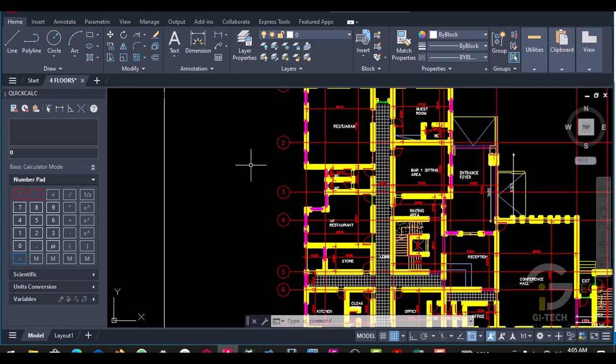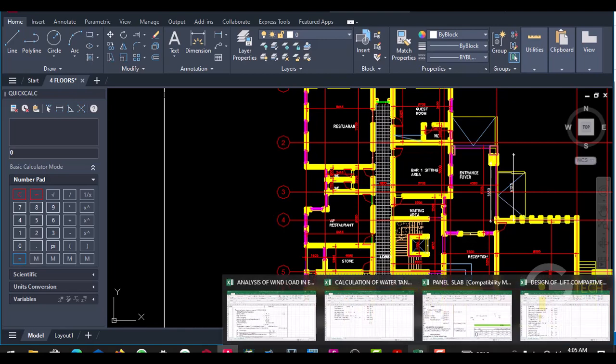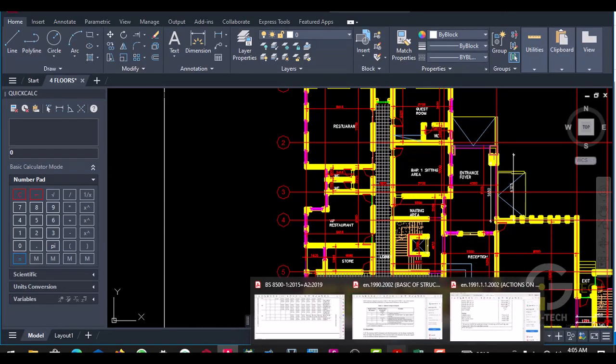Before we adopt the imposed load, we must know the intended use of that structure, because the magnitude of the imposed load depends on the intended use of the structure. So we go back to